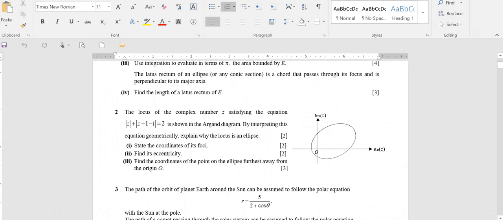Okay, let me see. Question 2. Interesting how a complex number comes into this chapter. But I think you can understand the geometrical implication of the modulus of a complex number. It's the distance of the point representing the complex number from the origin. So therefore, if you look at this